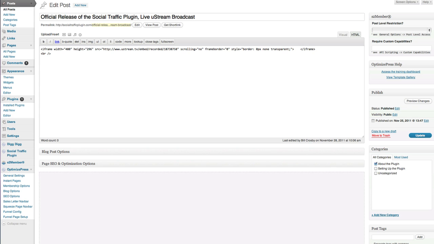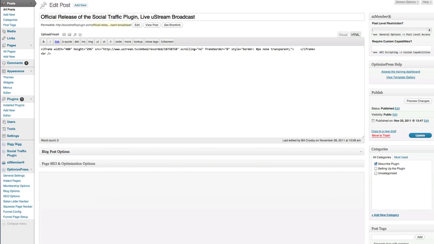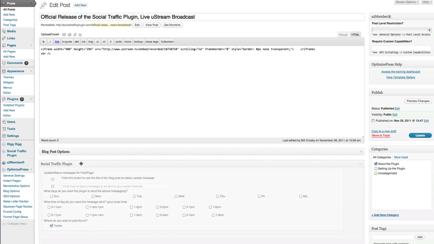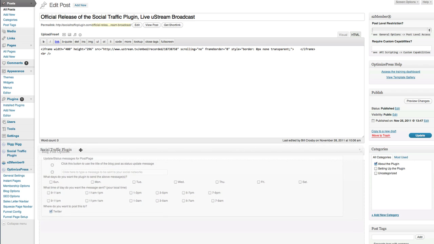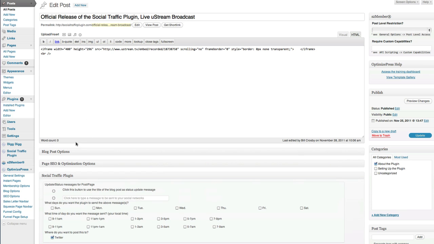So let's say, for instance, you came in and it was down way below all the comments and that kind of stuff. Well, you could just take your cursor, put it on the top bar, push your left button down on your mouse, and just drag that right up here so it's right below. There we go. Let's do that one more time. So it's right below your